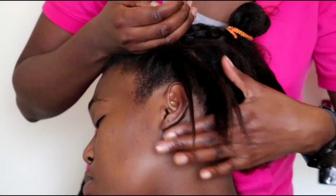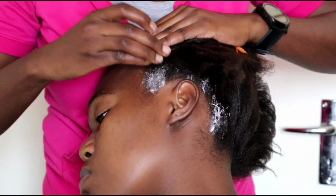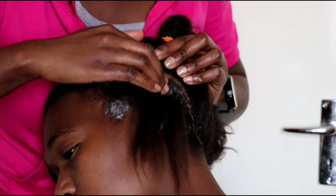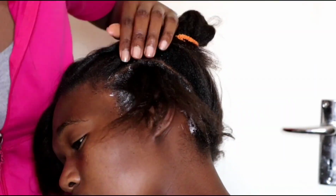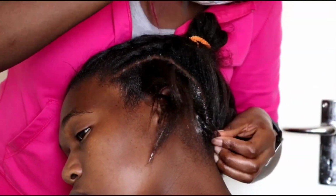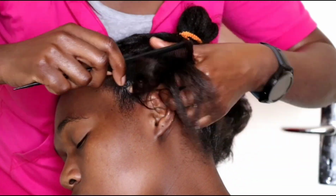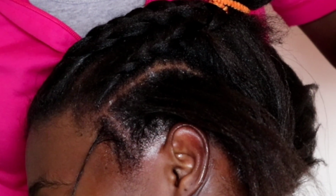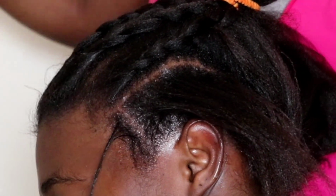I will then go ahead and apply the hair pudding. Applying the hair pudding helps with creating a cleaner desired look and softens the hair, making it easier to braid. To start braiding your lemonade braids or cornrows or carrot braids, you'll need to separate some small frontal hair